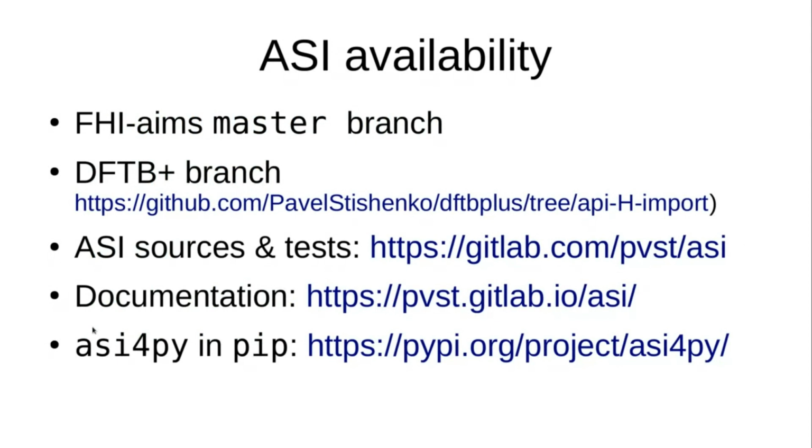So ASI API currently is available in FHI-aims code. It is in master branch, so just take the latest version and use it. DFTB Plus, it's still in development branch, but we hope it will be merged in the master branch soon. The sources of ASI and ASI wrappers and tests are available on GitLab, as well as documentation, and the ASI4Py wrapper is available from PIP